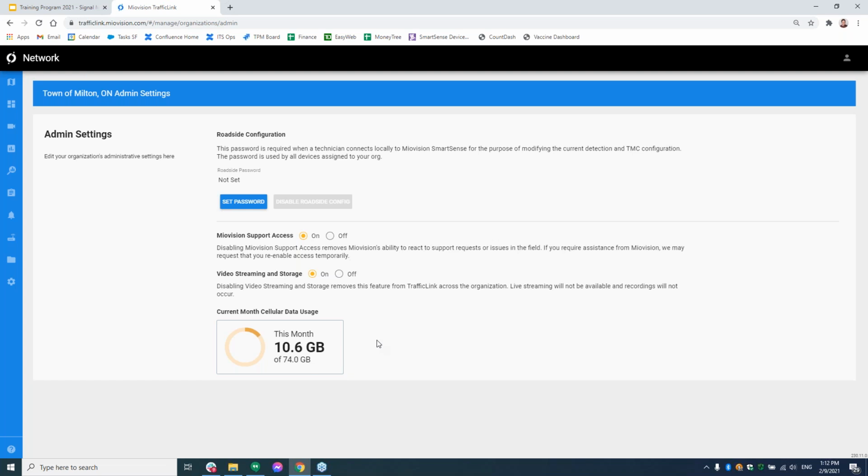You don't pay by the gig like a traditional cell plan. You pay for just a connection, and we don't have overages or anything like that associated. However, we are monitoring this because we do want to make sure that we're not abusing the data connection and make sure that we're staying within normal. And so generally we allocate about 2 gigabytes per month per intersection. So if you have 30 intersections, you'd have 60 gigs per month to leverage.